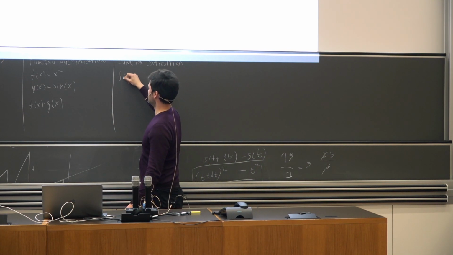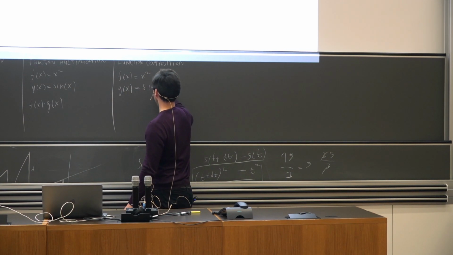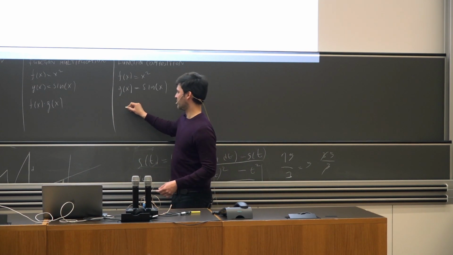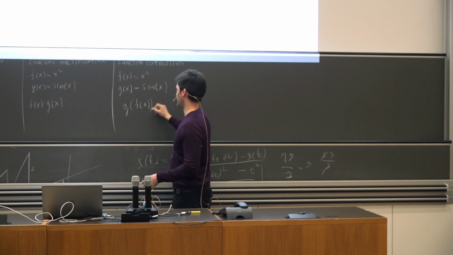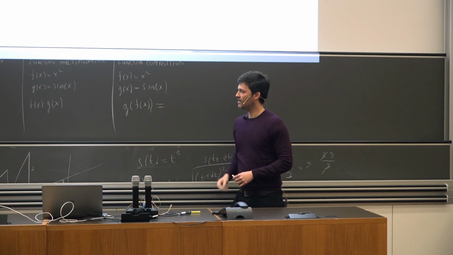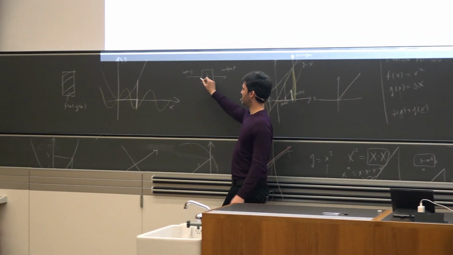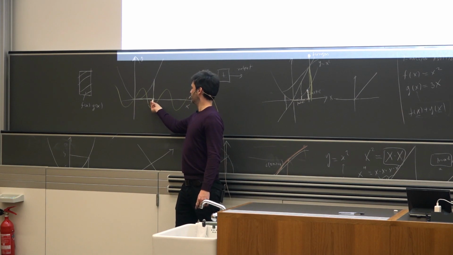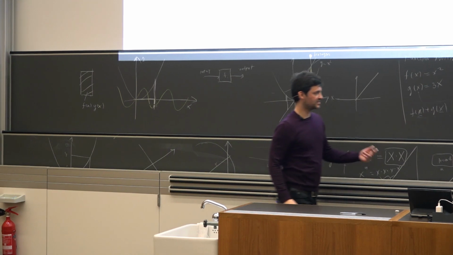So we will see this in detail. f of x is, for example, x squared, and g of x equals sine of x again, but it can be anything. And we can ask what is g of f of x. What does this mean? If we have a function here, which is, for example, f, which maps input to output, which maps this length to this length, yeah? What is g of f of x?